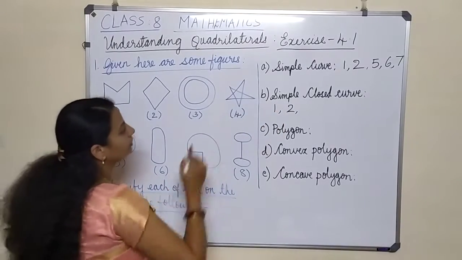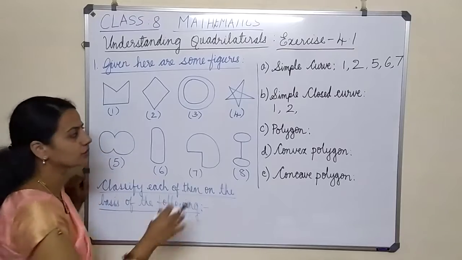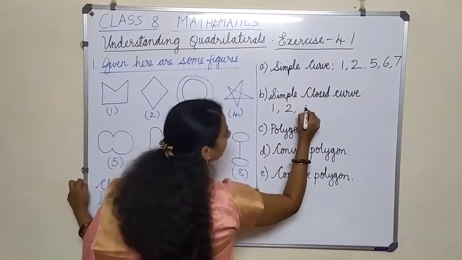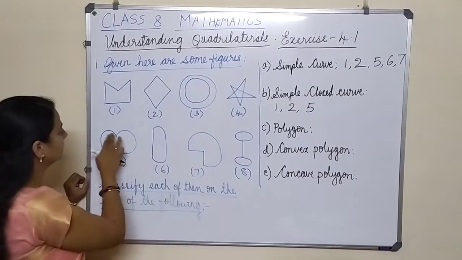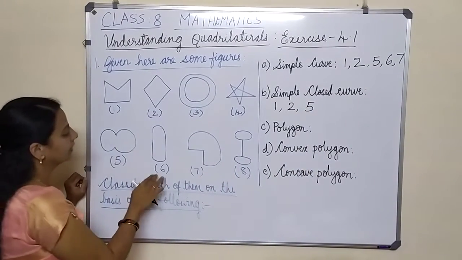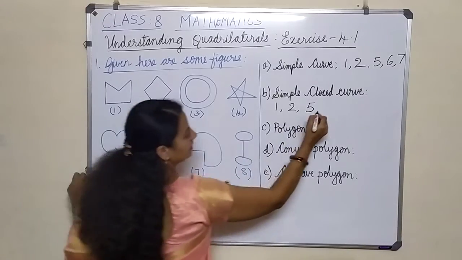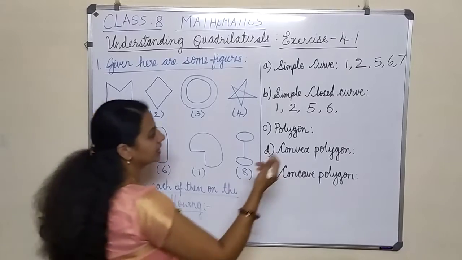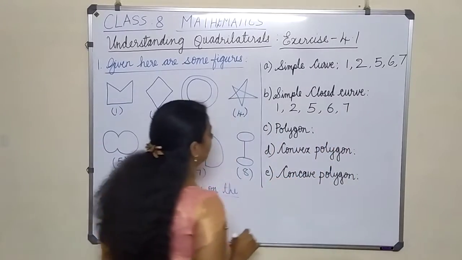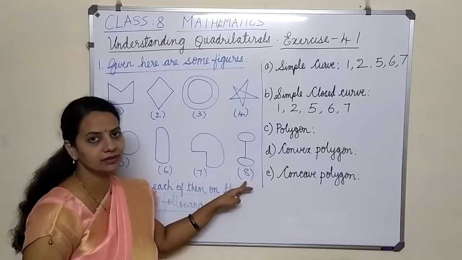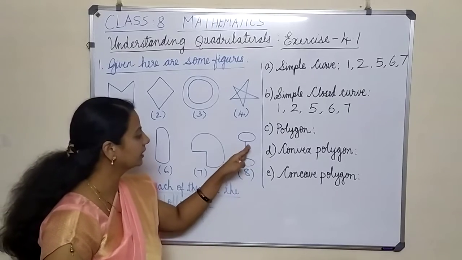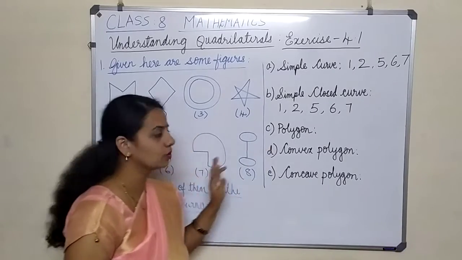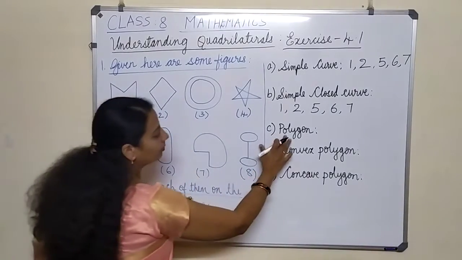Fine. Now coming to the 4th one, this is complicated, so it doesn't come under simple at all. Then the 5th one, of course, it is closed as well as simple. Then the 6th one is also simple as well as closed. Then the 7th one, yes, obviously it is simple and closed. The eighth one is not simple. It is closed, but here the line is also present, so it is not simple and not closed also.